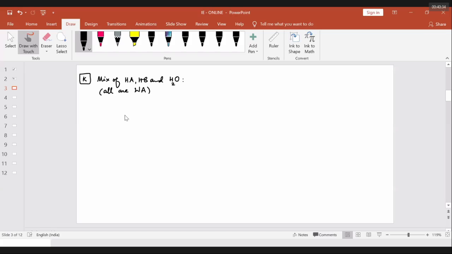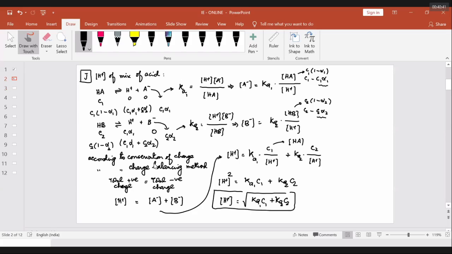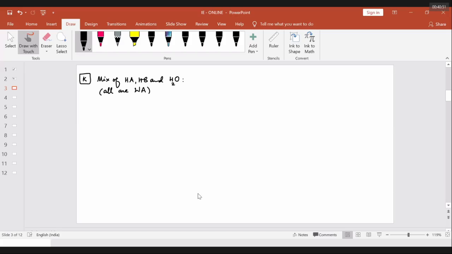If it is so, then how to proceed? Very simple, sir, very simple. You are doing a simple game: the total cationic charge must be equal to the total anionic charge. Now I'll just have a conclusion from the previous one, because if people are genius, you can catch it easily. H plus ion concentration total must be equal to concentration of A minus from the first acid, concentration of B minus from the second acid, and I think